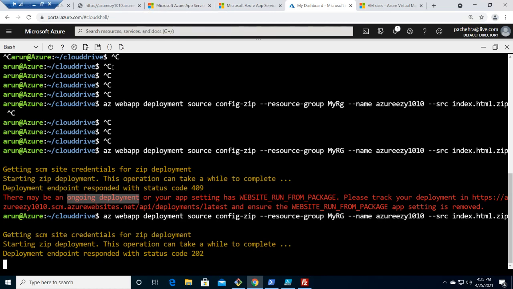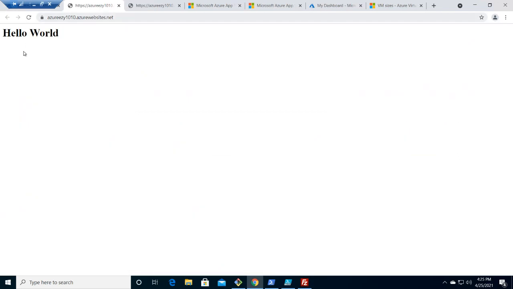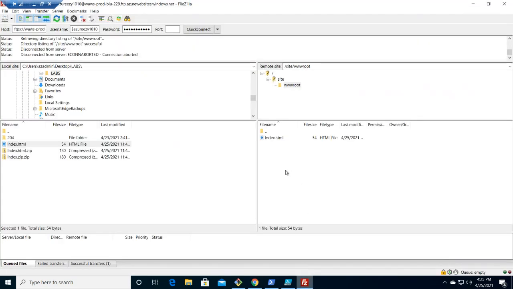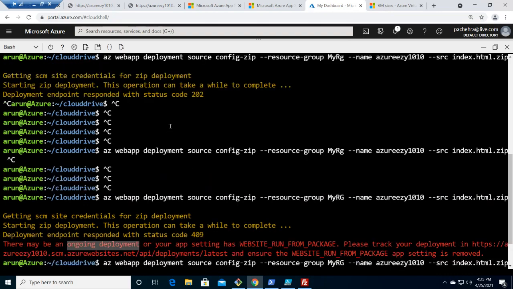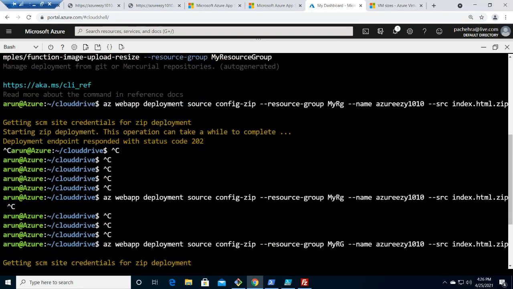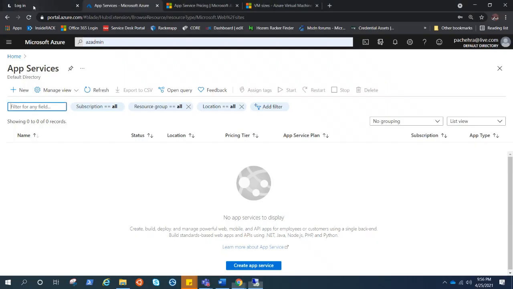Yeah. So if I go back to the Azure portal and click on the URL, it must say hello world. There you go. Earlier, if you remember, it was showing the default hosting page of the app services. Then we used FileZilla and put in our index page, which showed the AzureTalk demo session. And when we deploy with the help of CLI, the index.html zip file right here, now it is showing hello world. Just wanted to update. Thank you. Yeah, that's great. It gives the complete perspective.